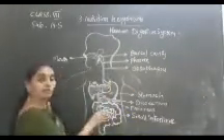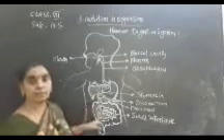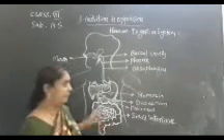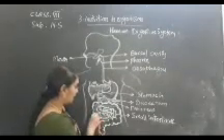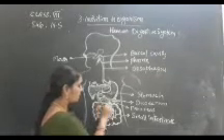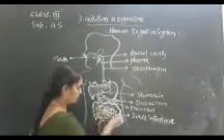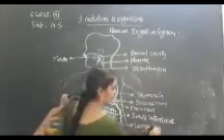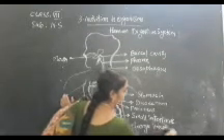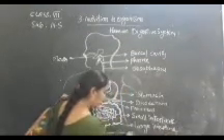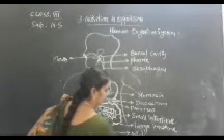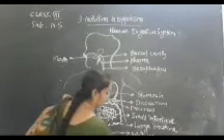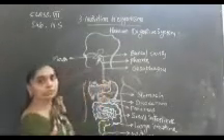So here the thousand finger-like villi are present which absorb the digested food and send the nutrients into the blood. And the undigested food reaches the large intestine. This is the large intestine. From here it reaches the rectum and then anus. Waste material is sent out through the anus. This is the storage of the undigested food that takes place in the rectum, and removal of the waste takes place through the anus. Hope you have understood this, children.